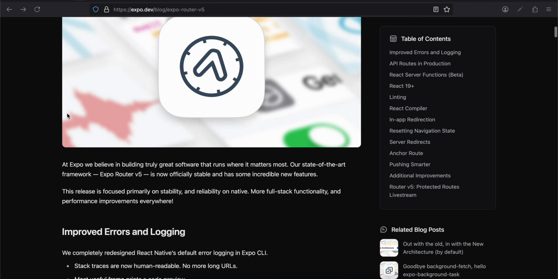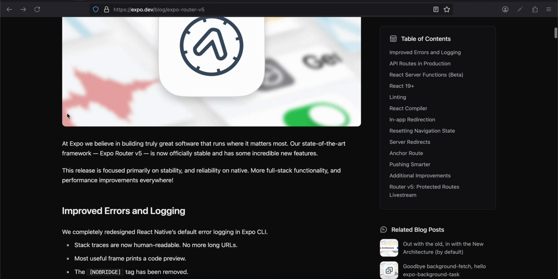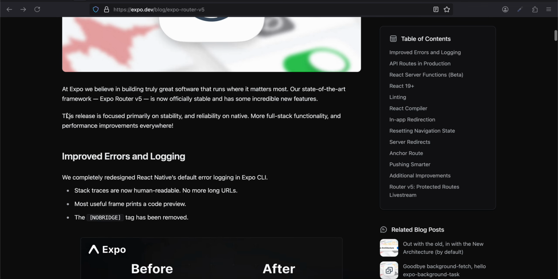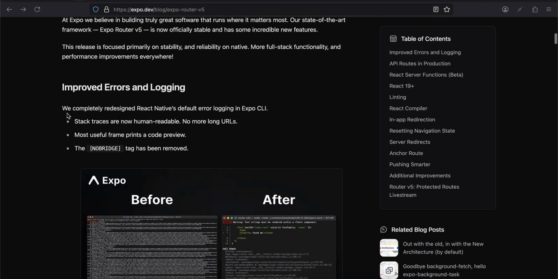At Expo, we believe in building truly great software that runs where it matters most. Our state-of-the-art framework Expo Router version 5 is now officially stable and has some incredible new features. This release is focused primarily on stability and reliability on native, more full stack functionality and performance improvements everywhere, improved